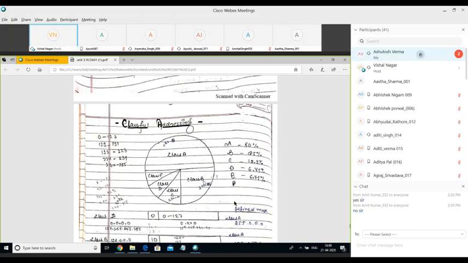Now, how the value of host and net ID varies in case of our different classes. In case of class A, we have 1 byte, because we have 4 bytes in an IPv4 address. In class A, 1 byte is reserved for net ID, and 3 bytes represent the host ID.